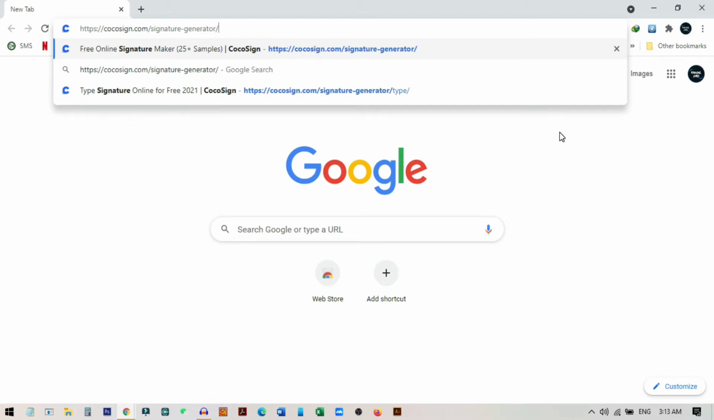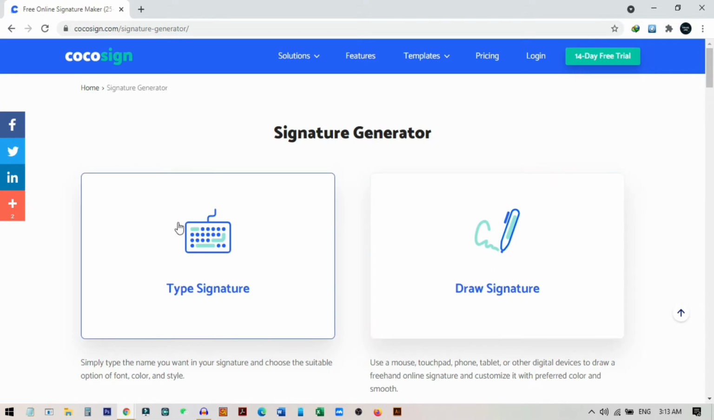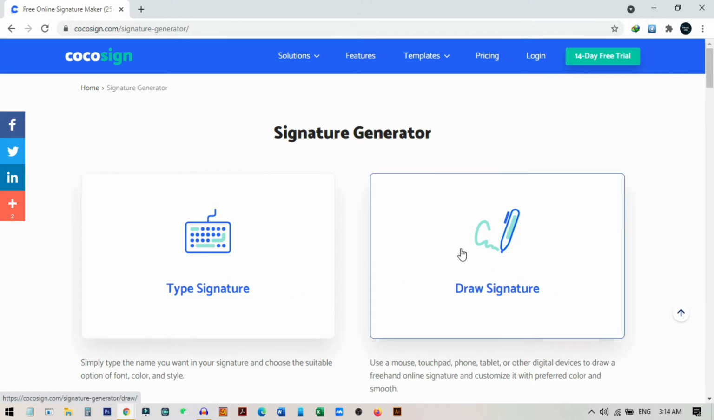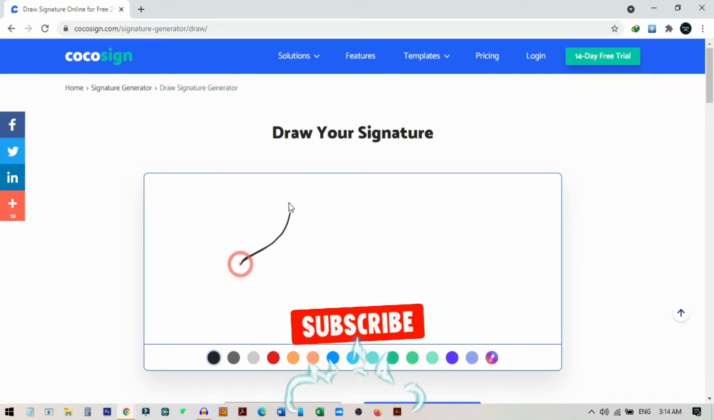So here you can see the site. I just press enter on my keyboard and we are already in the site. This is CocoSign. From here you have two options. One is draw signature and another is type signature. So first of all I will show you how to use the draw signature. If you click on draw signature, you can use your mouse to draw a signature. Like if I just try here,